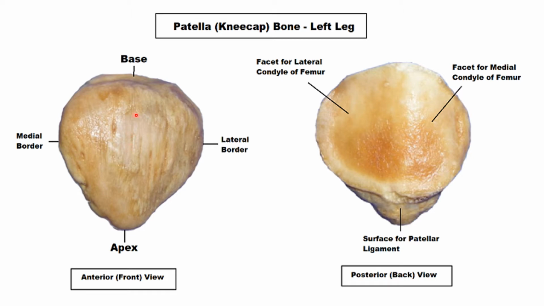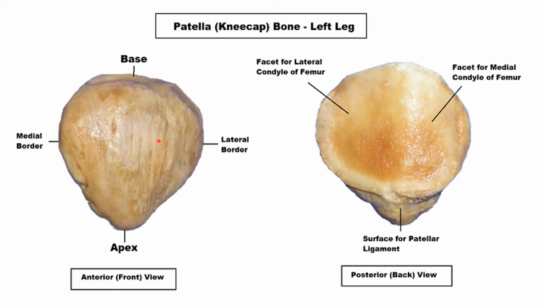So the patella is shaped somewhat like a disc. It is roughly triangular in shape. It has a rough anterior surface, as you can see, and an articular posterior surface. So these surfaces are separated by three borders. One is the superior border, the other is the medial border, then the lateral border.